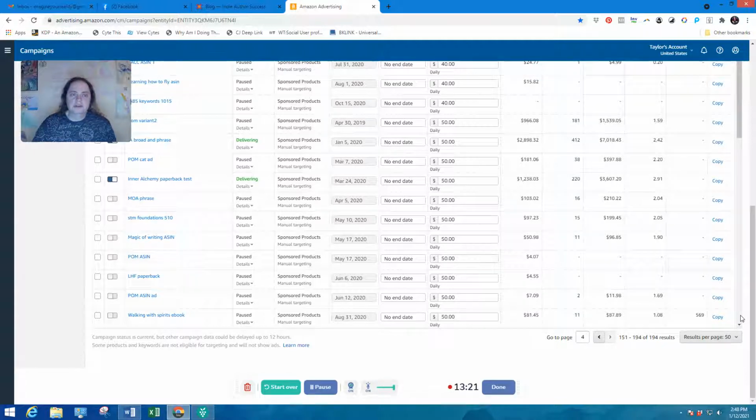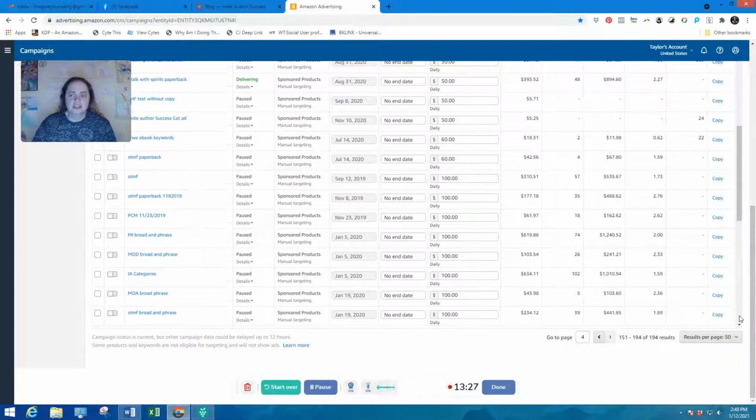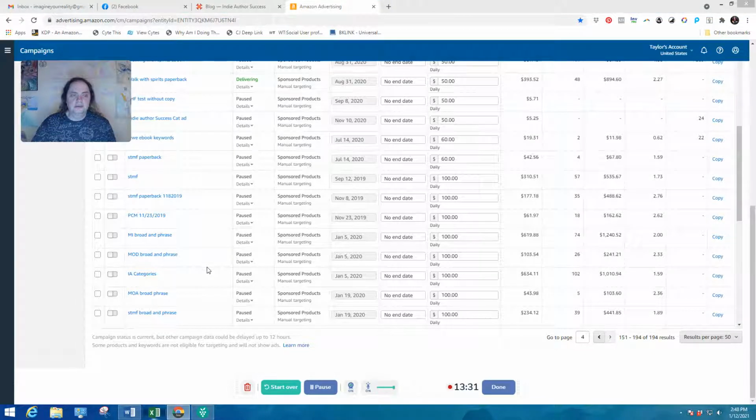But whether it's average cost of spend or something else along those lines, you can always take a look at those and get a sense. Really, at the end of the day, what you want to do, and I'm going to open this up, is you want to have a formula that helps you calculate the actual profitability. I'm going to show you that here in a moment when it launches, but let's continue looking at some of these. Here's one, MI brought in phrase,